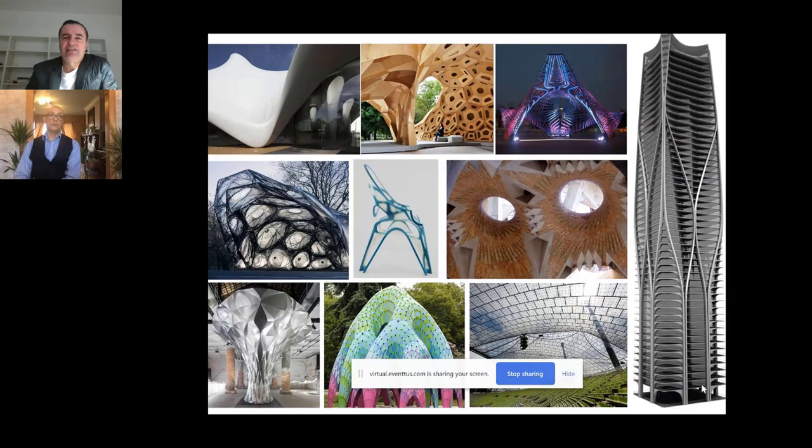So this is the idea of tectonism, and some images of it. It's a movement within parametricism, the way I describe it, which is using a lot of intelligence coming out of engineering and fabrication and contemporary methods and modes of building, which allow for the development of that new, much richer morphology, where the form is adapted to structural forces, but also, as I will show later, with environmental conditions and parameters as drivers,